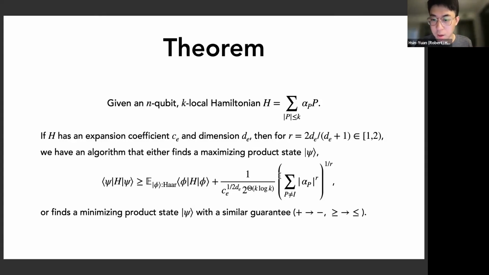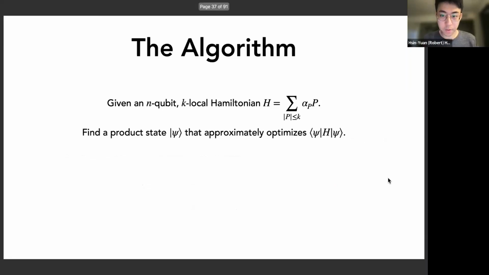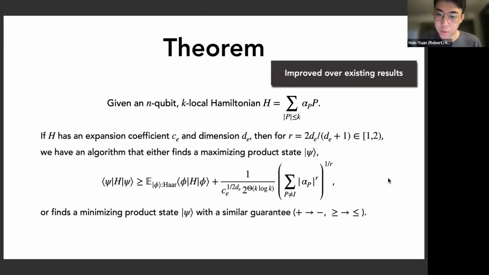That's kind of the key insight of this term. The other parts, one can think of as just some constant in front. But the key part is this R factor that will become more relevant in proving the sample complexity bound later. And if one compares this to other existing results for optimizing Hamiltonians, this result improved upon them. The improvement can be quite significant in certain regimes. In particular, for the regimes that we care about, one needs a theorem like this in order to achieve the